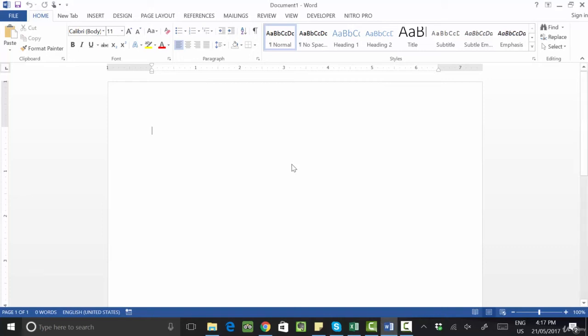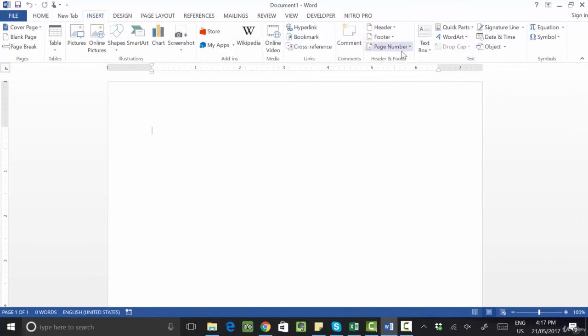Okay, the next option we have in the insert menu is called page number. If you want to insert the page number in the document, then we use the page number option. So for example, I have one: the first page is my title page,